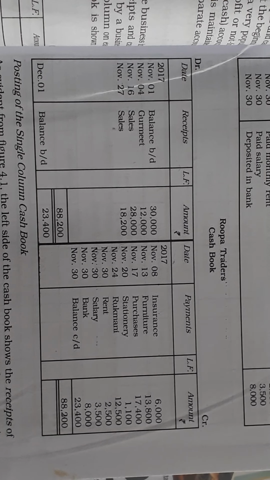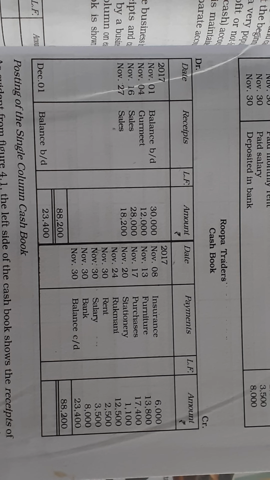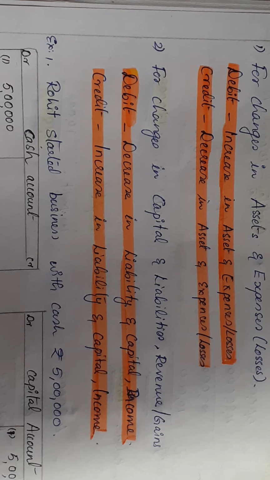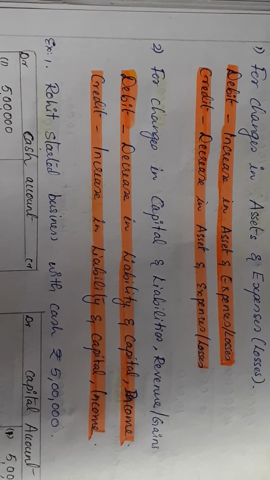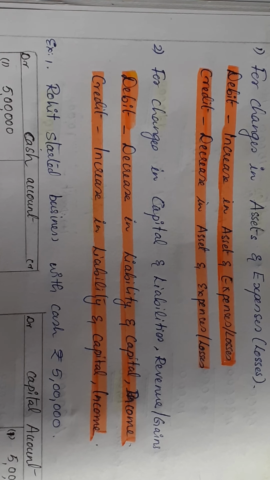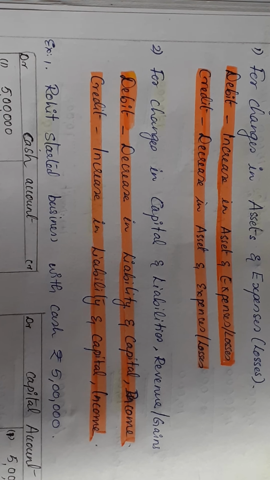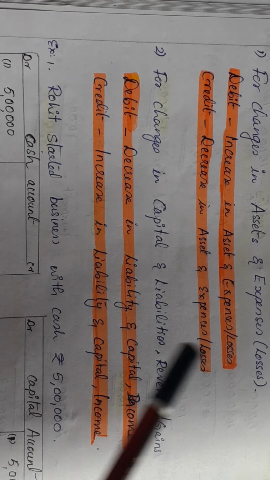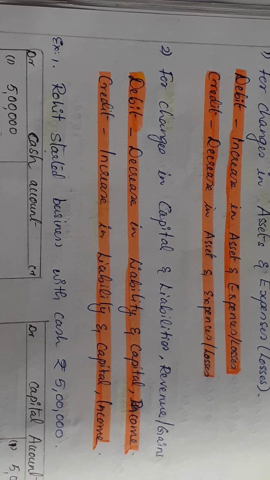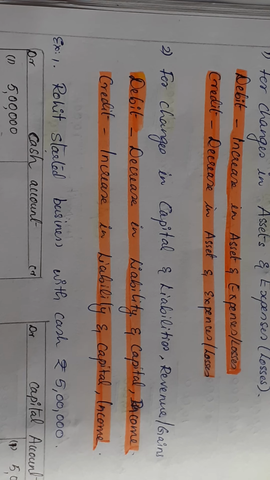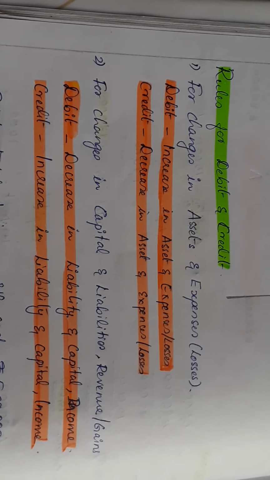On the basis of the accounting equation you will be knowing the basic rule: debit all the increase in assets. So this rule is the base for your accounts. You have to learn by heart the two main rules, for changes in assets and expenses or losses, and for changes in capital, liabilities, revenue, gains, etc. If you are thorough with these two, then whenever you see a transaction, you will know where you have to debit and where you have to credit, and which amount should be there. Otherwise, if you are not thorough with this, then you will be totally confused.